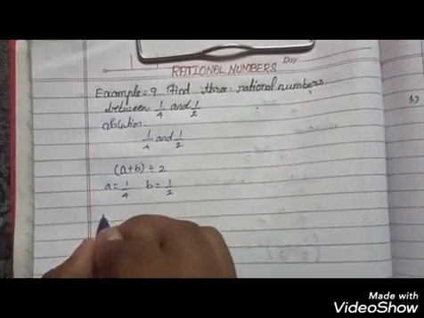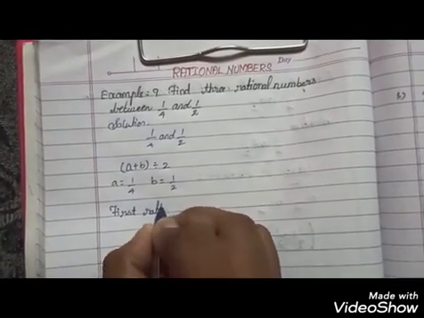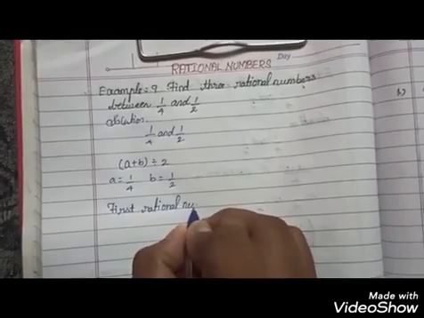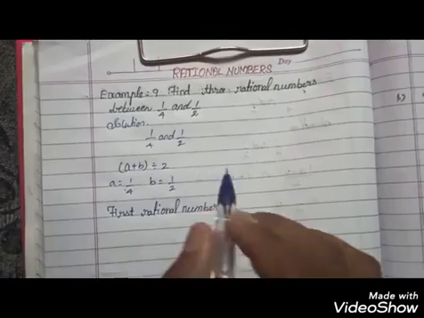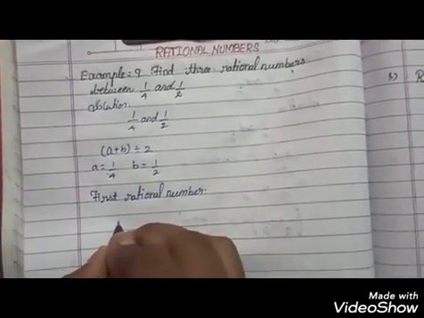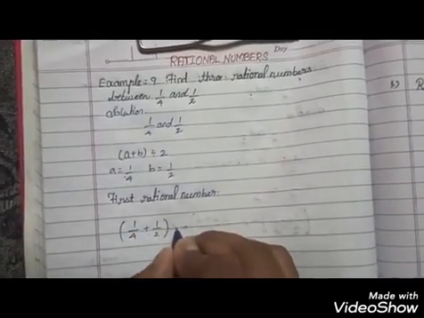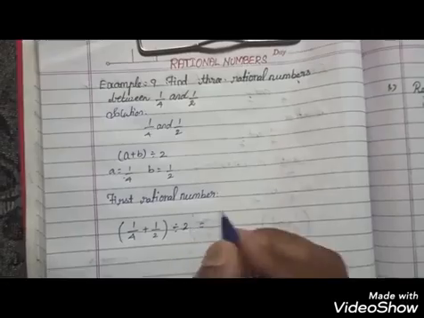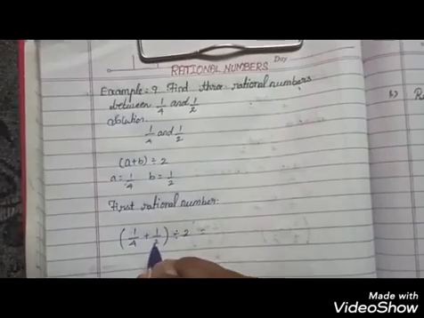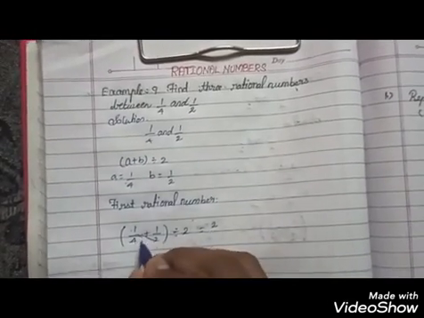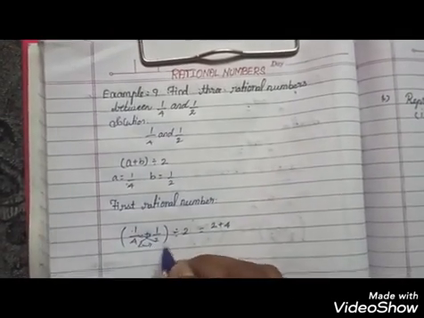So first rational number, I just mentioned first rational number. We need to find (A plus B) by 2, so directly we move on to the formula. 1/4 plus 1/2, divide by 2. Already I told by using cross multiplication, this denominator multiplied with 1. So 2 into 1 is 2, 4 ones are 4, 4 twos are 8.